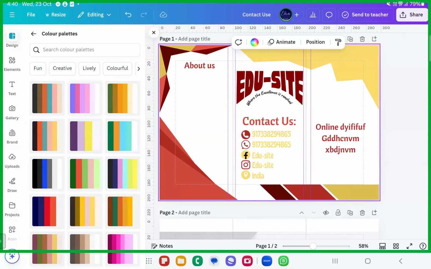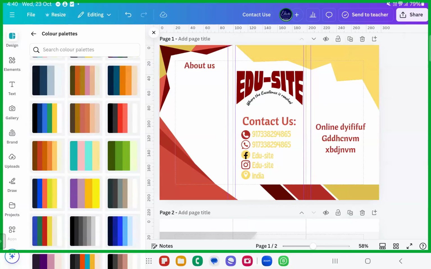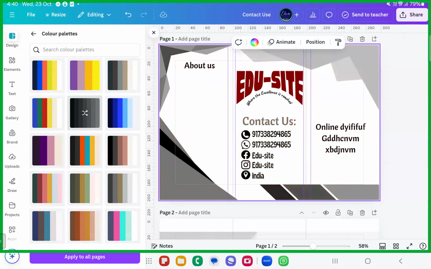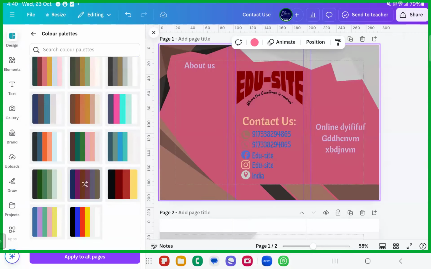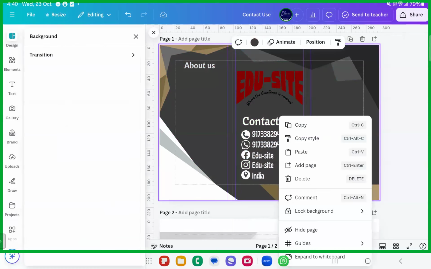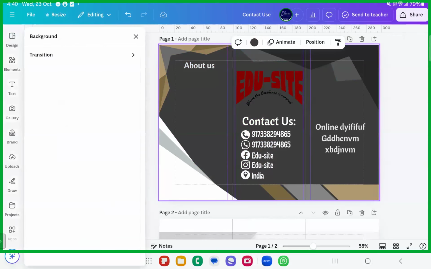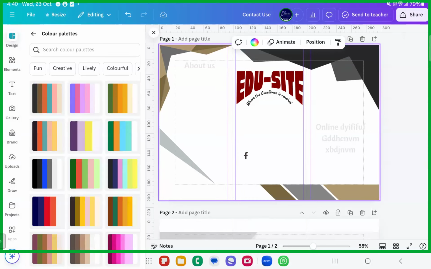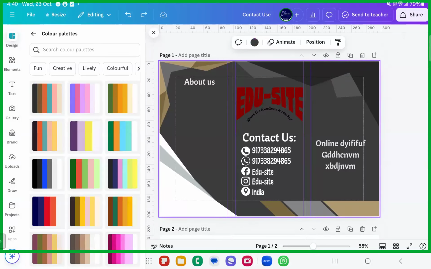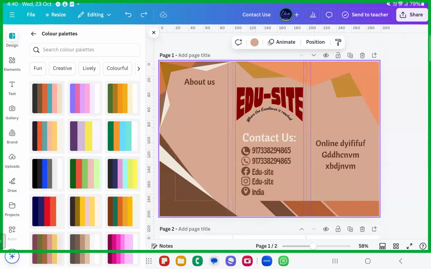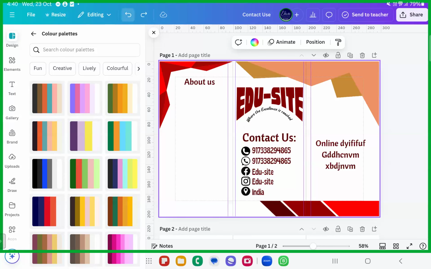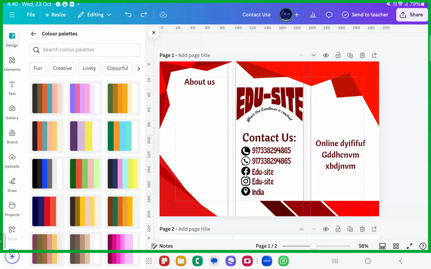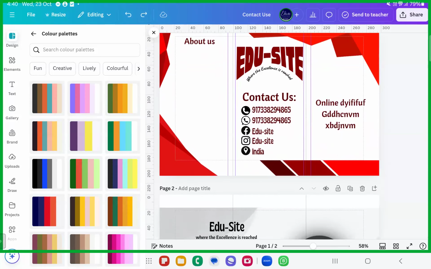Fine. Okay, finalizing is all yours, your work. If you don't like the colors, change it to something else. See, something like this if you want. Something like this if you want. It's all up to you, dear sisters and brothers. So the background, I'll just change the color to white. Okay, this also looks classier, but make sure all the content is well matched. Okay, well, let me just have the same thing that we had started off with, because red was a pattern that we had started off with, right? Okay, hopefully you remember that. Okay, this is fine for me. Again, this way you can develop your business brochures.